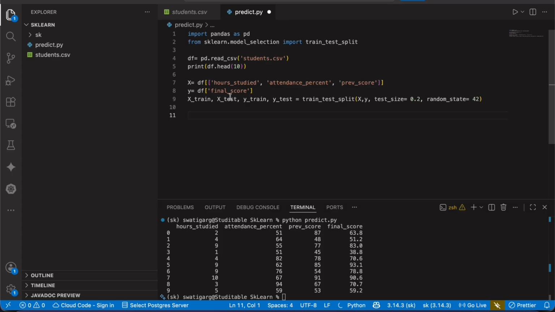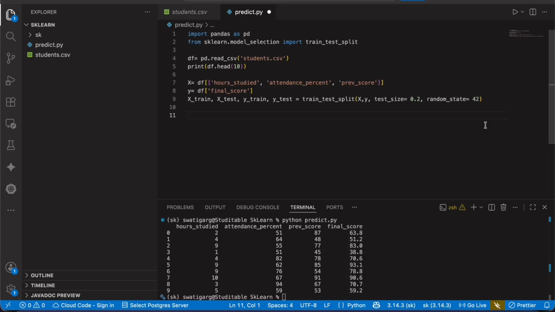We have already taken 3 columns here and a single column here. So this will first take the input values and the value that it has to predict. Test size 0.2 means 80% of the data will be used for training and 20% for testing.